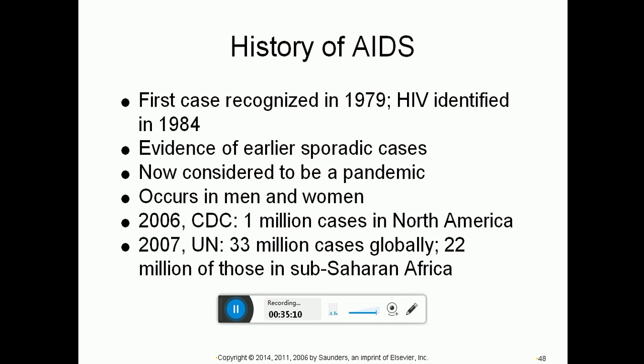These are some interesting facts about the history of AIDS. These numbers change obviously from one year to another, so the numbers that you have in your book are a little bit old, from 2006 and 2007. But being a pandemic